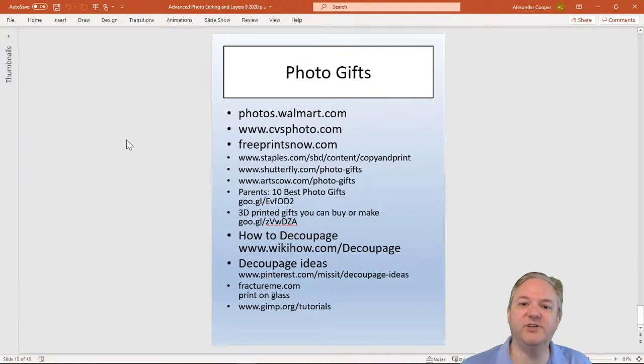So here's just a general list of links that I'm going to go through a little bit. And like I said, we're going to do the photos and walmart.com. A big one about printing our photos in general is, if you do want to print them at home, I will tell you from personal recommendation, I would recommend basically sending them to be printed, which I'm going to show in a little bit,